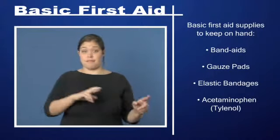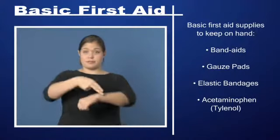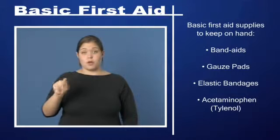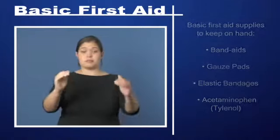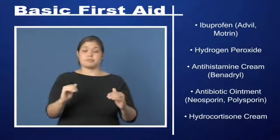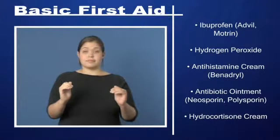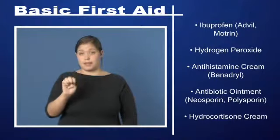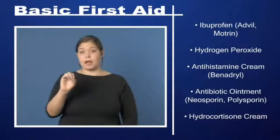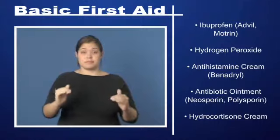Basic first aid supplies to keep on hand. Band-Aids, gauze pads, elastic bandages, acetaminophen, Tylenol, ibuprofen, Advil, Motrin, hydrogen peroxide, antihistamine cream, Benadryl, antibiotic ointment, Neosporin, Polysporin,